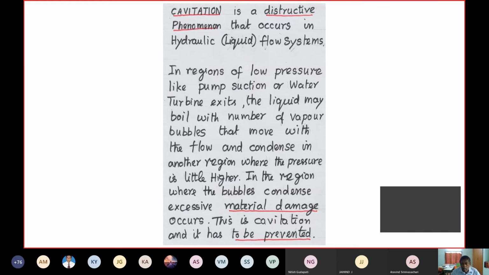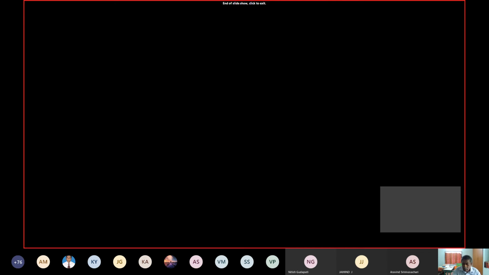Okay, so here it should run at least 5 years, 5 to 10 years. But a heavily cavitating pump impeller may run for a few months only and it will be eaten away. So material damage. Second one is the efficiency falls down. The third one, vibration and noise. So maybe these 3 points you have to write. Maybe I will write it in another slide later. I think this one is the last one.